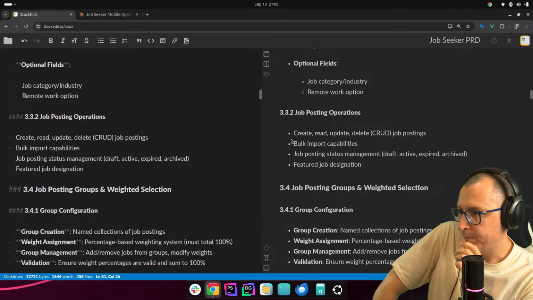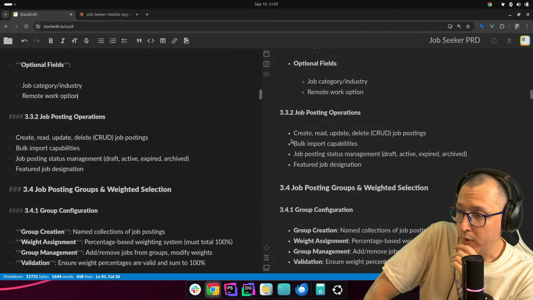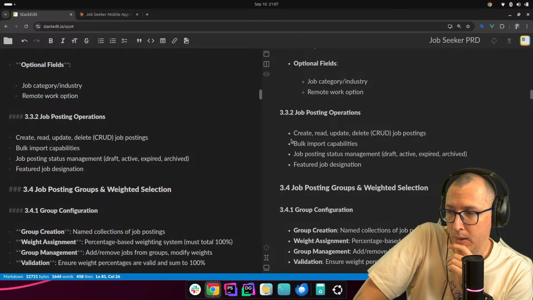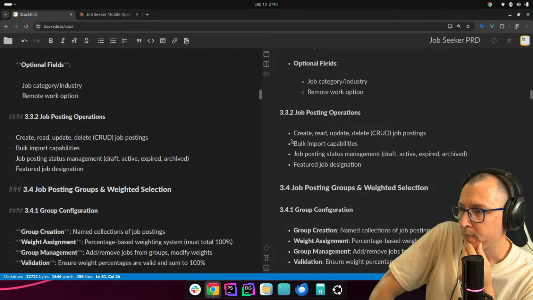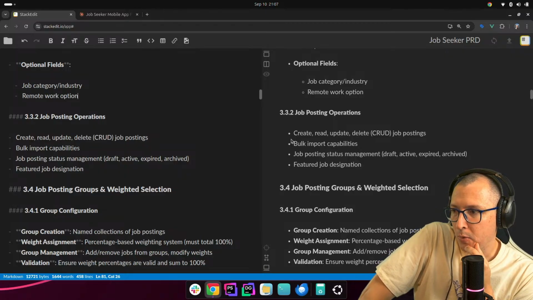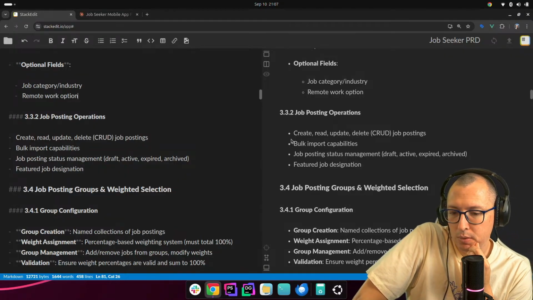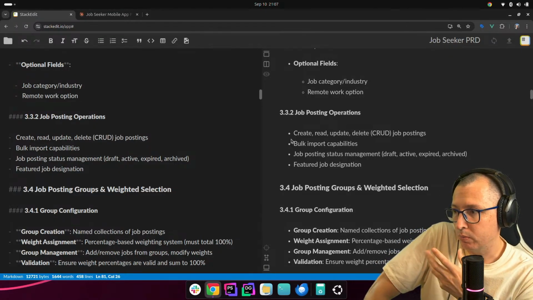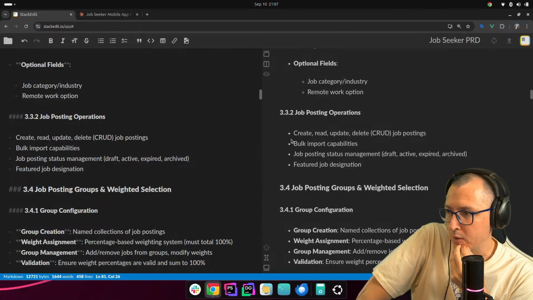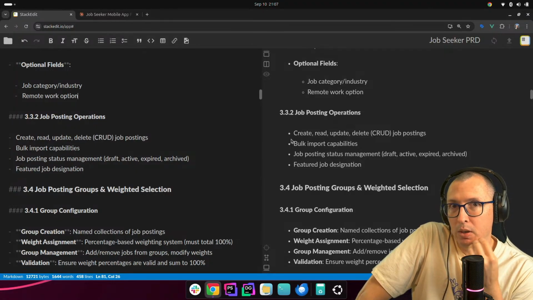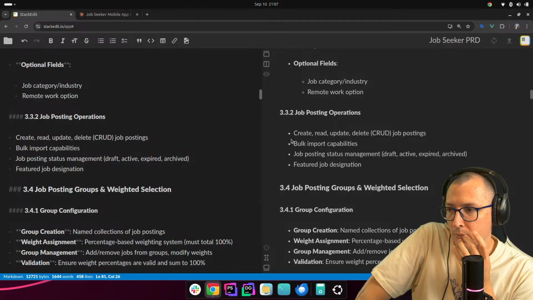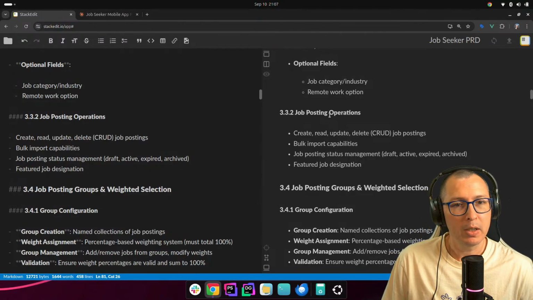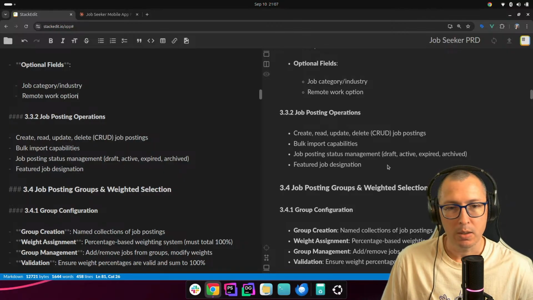I have an idea. We are going to have bulk import capabilities using XML. It is a common practice among publishers who have job information or job postings to give out their listings as XML files. So we're going to try and use bulk updating using XML.